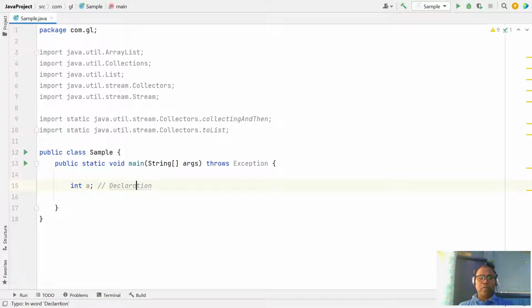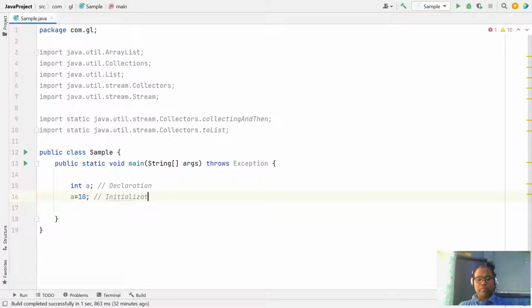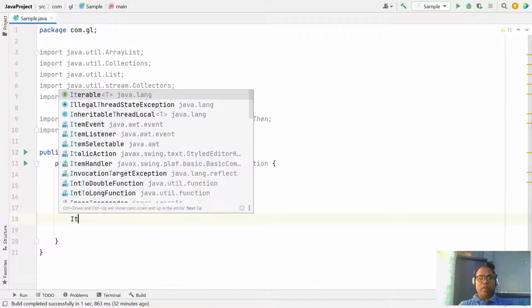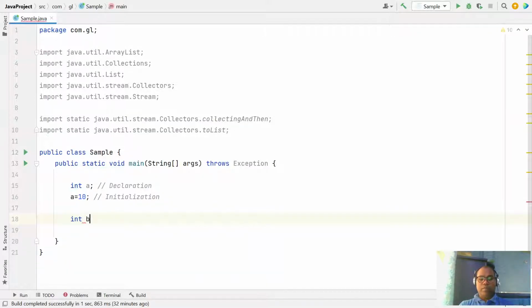If you say a equal to 10, this is the initialization. Similarly, int b equal to 20, here you declare and initialize at the same time.